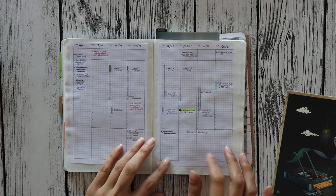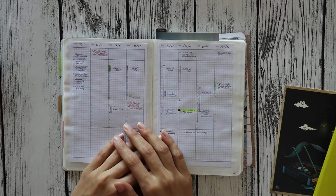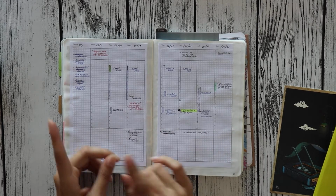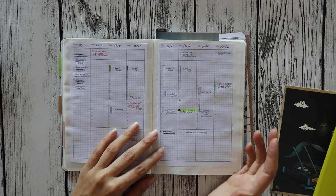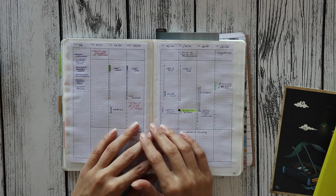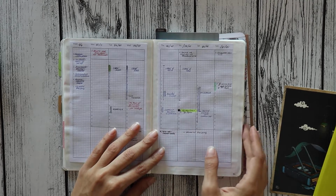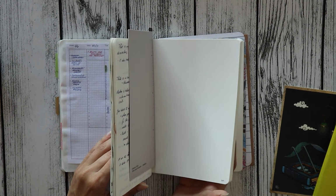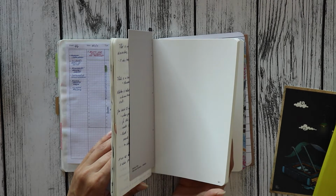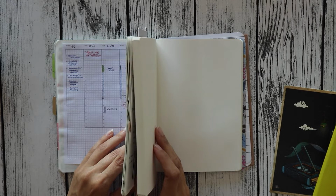I think I'm going to keep using them at least all of December. And considering that, for example, with my previous Leuchtturm, the weeklies I had made for December, I won't be using them. I will be avoiding doing monthlies by hand in a bullet journal that I don't know how long it's going to last. Sometimes they last me 2 months, sometimes they last 3 months. I'm thinking this one may last 4 months,